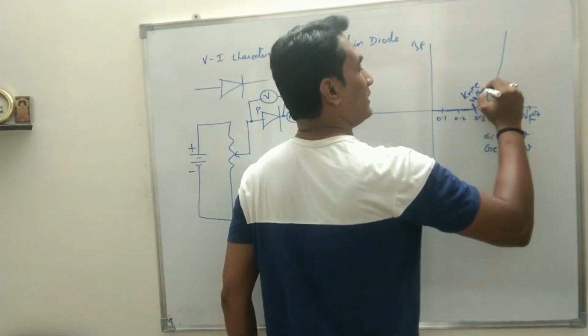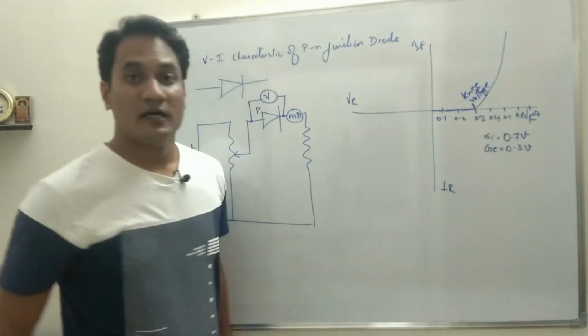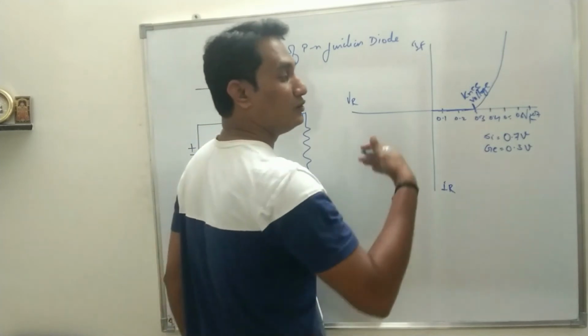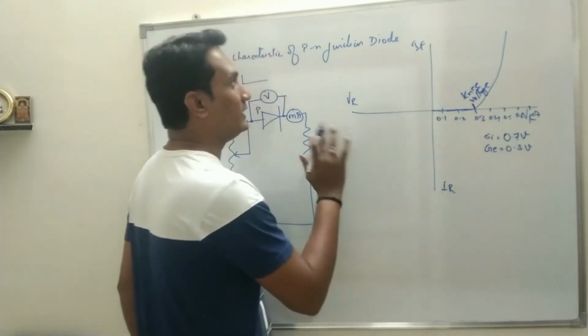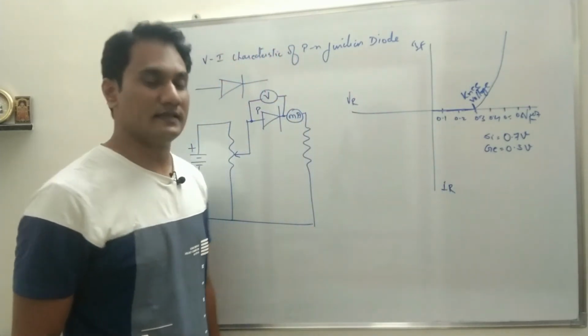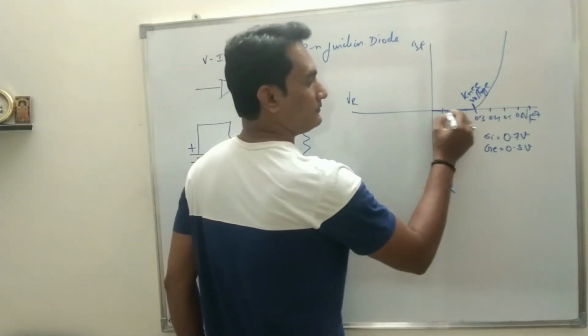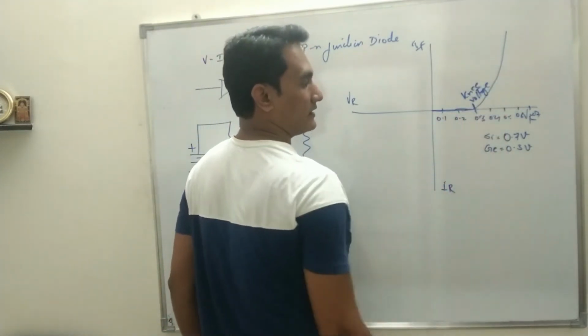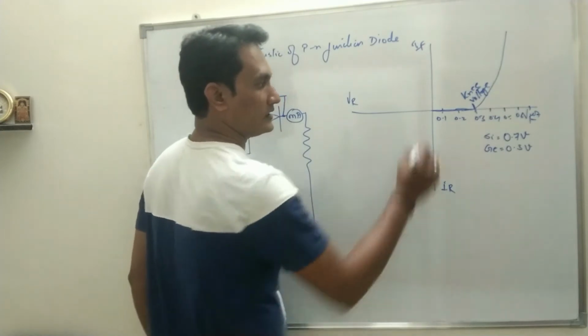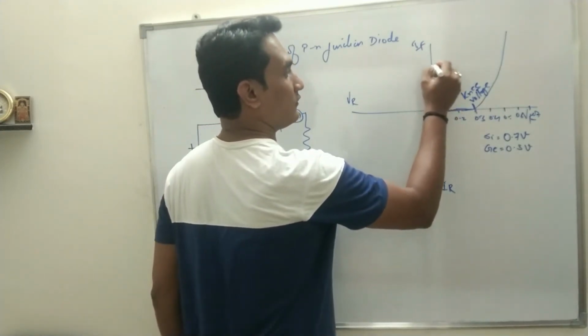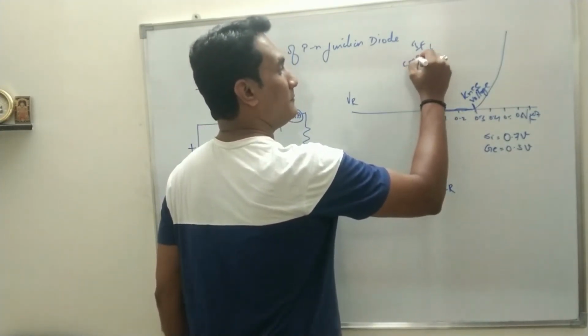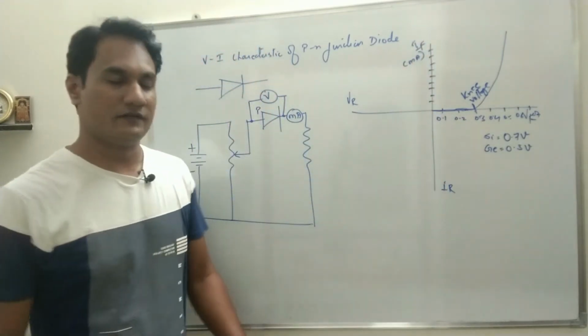All this we have understood in the previous section. I'm explaining it again so that we can differentiate between PN junction diode and Zener diode. This is the forward characteristics of PN junction diode, and the current which will flow at this point will be in milliampere, a significant value.